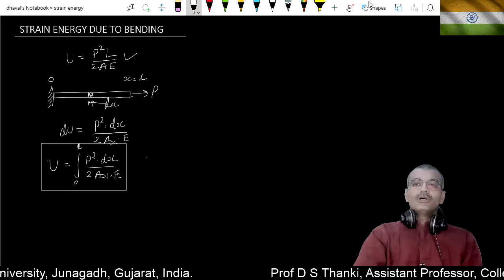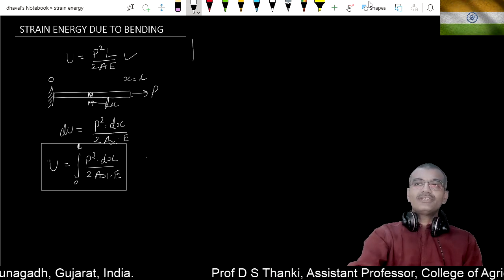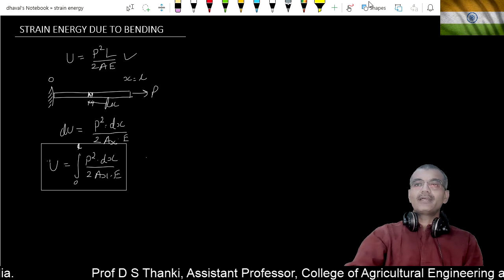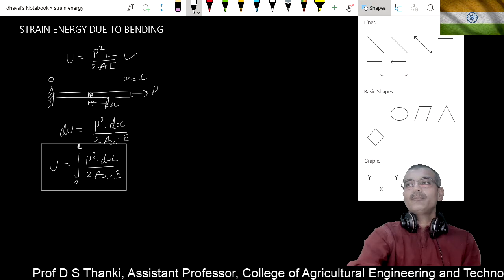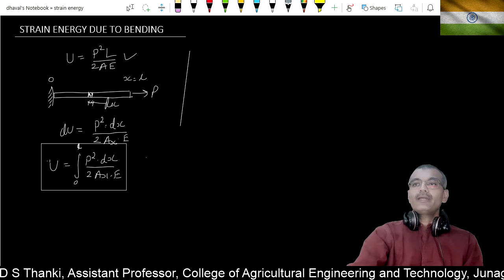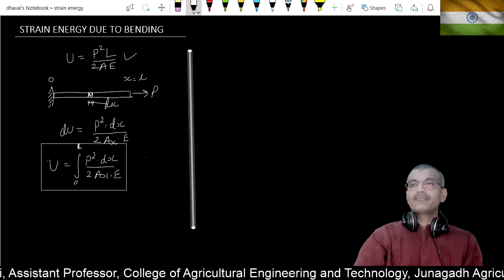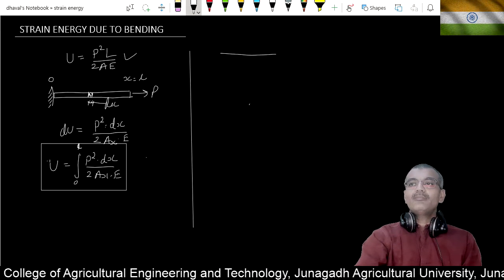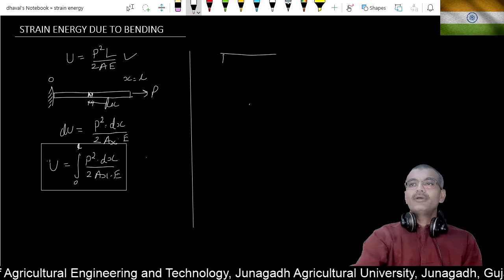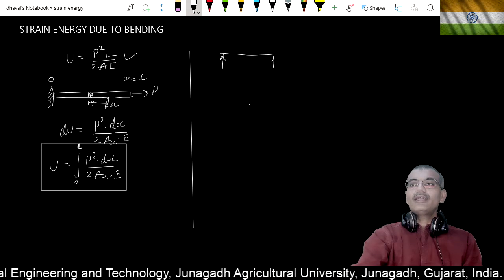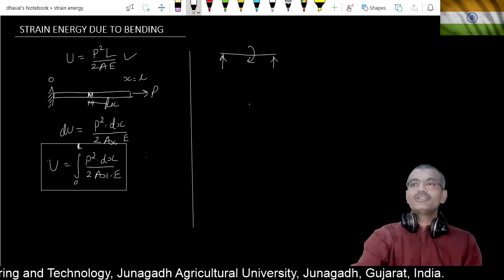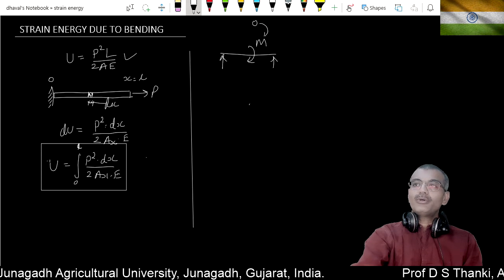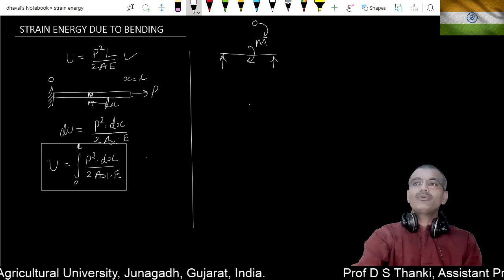So now we consider bending, right? Now our aim is to find out the equation for the bending. Suppose we have a beam which is simply supported, and we apply a moment at the mid span, that is M. Initially the moment is 0 and we increase the moment up to the magnitude M, and due to that